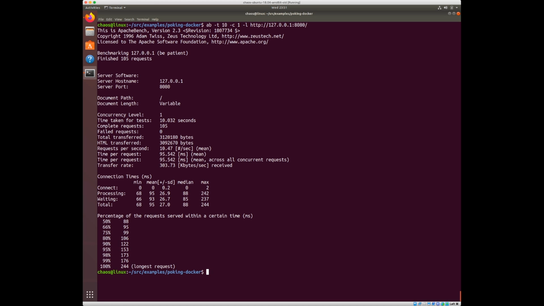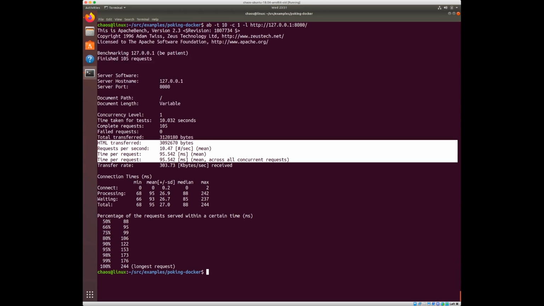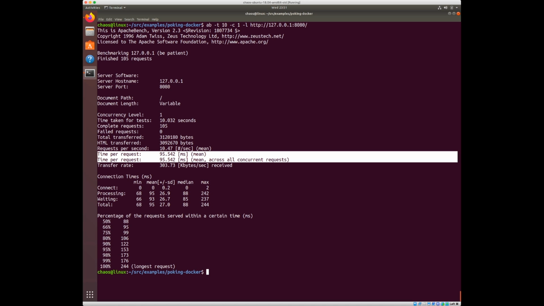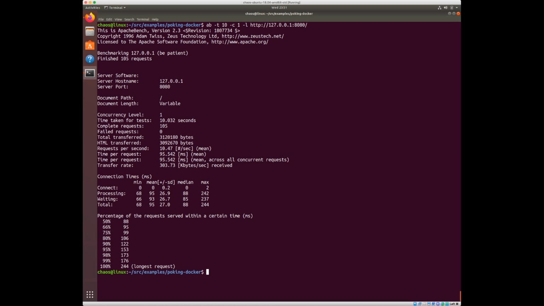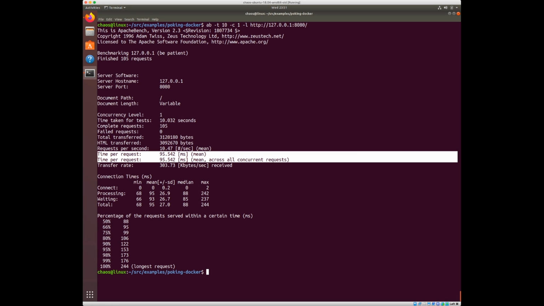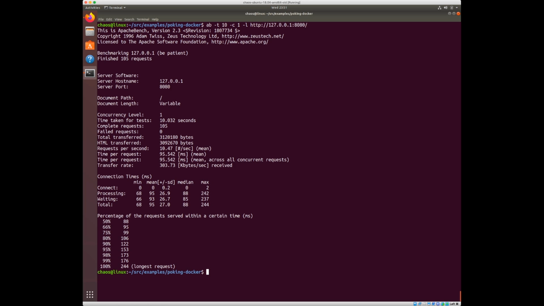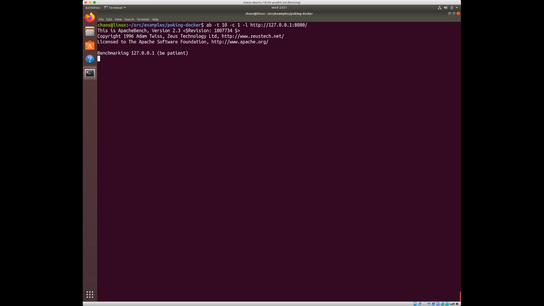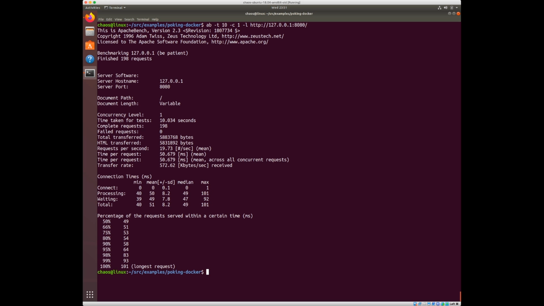Okay, so what we just did, in chaos engineering parlance, would be called steady state. This is the metric that we have, which is time per request, and the SLI of time per request is roughly 95. If we run it again, we're probably going to get a slightly different number, but I would expect that this is not going to be very different because we didn't change anything. Okay, so let's just finish the 10 seconds.